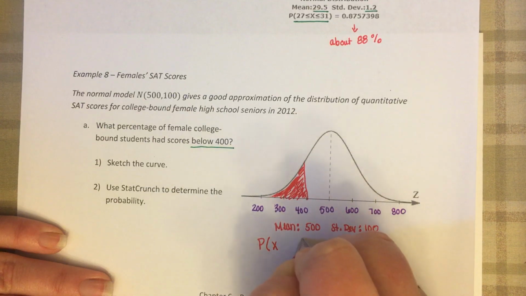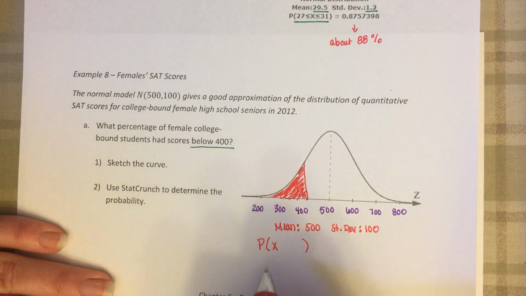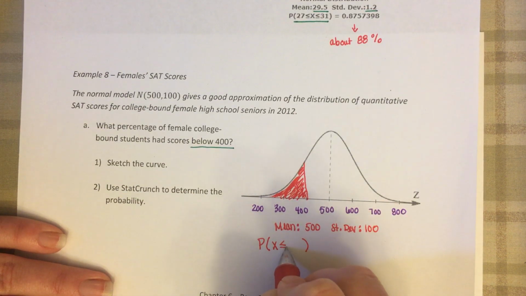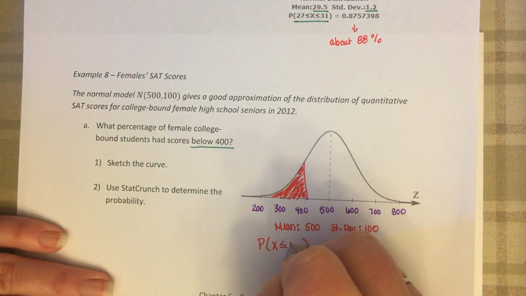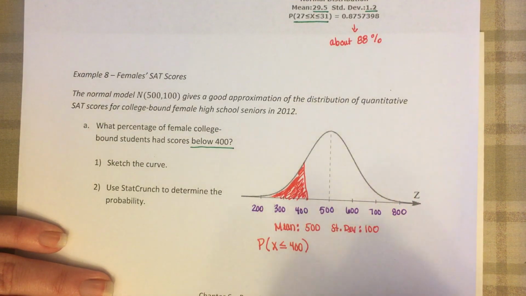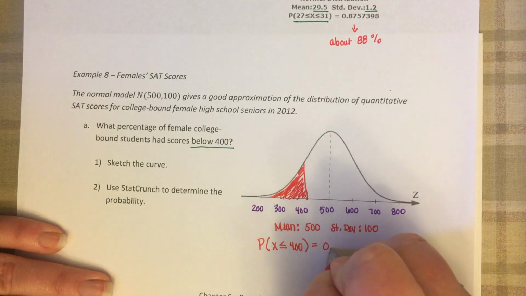We have a P, and then we're going to have an X. We're going to make sure we choose the less than or equal to symbol, since we are thinking about scores below 400, and we're going to put that number in as 400. Then we're going to select compute, and that's going to give us